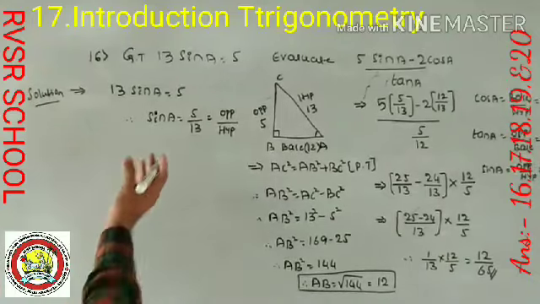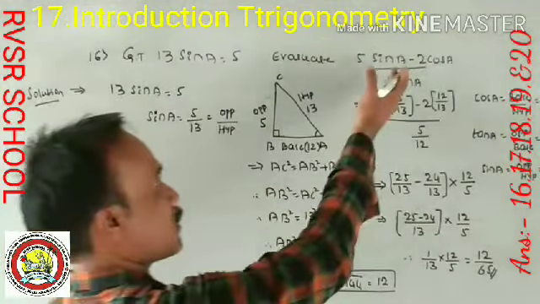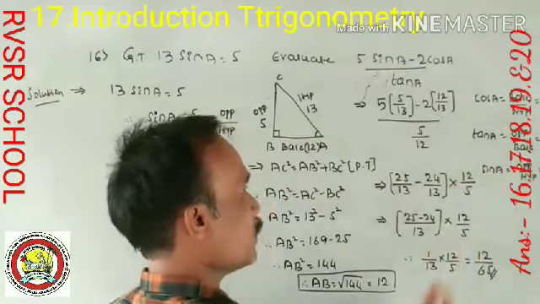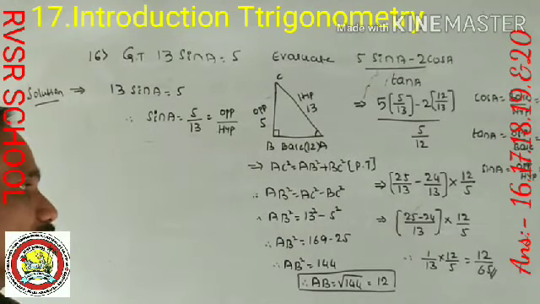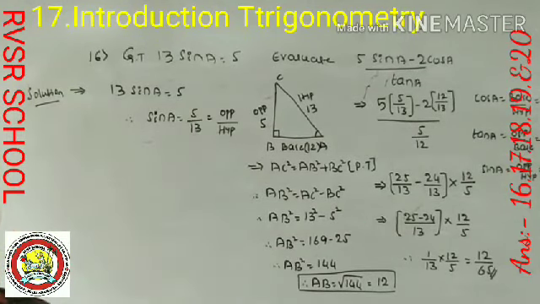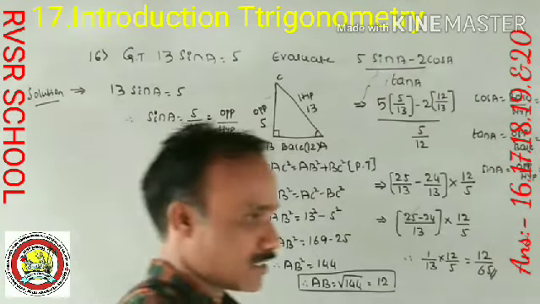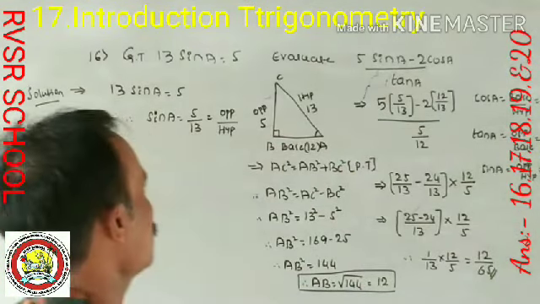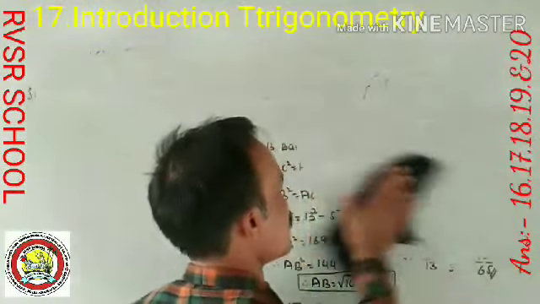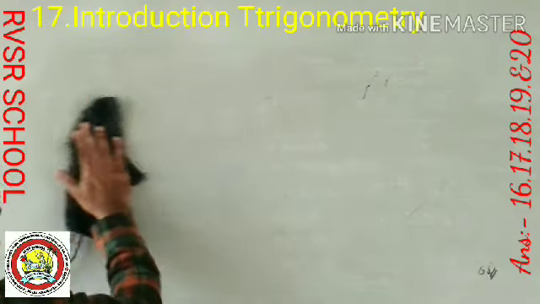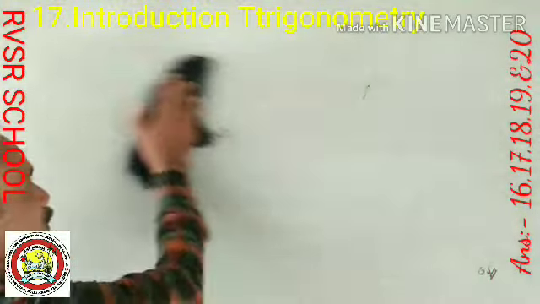Very simple. Draw a right angle triangle, find what we need, consider the given question, write the right ratios, and replace the values. Finally, simplify, then you get what we need. Okay, is it clear? This is question number 16. Let's see question number 17. Almost all questions are of a similar type, only the measures change. Please practice all these. Don't neglect.